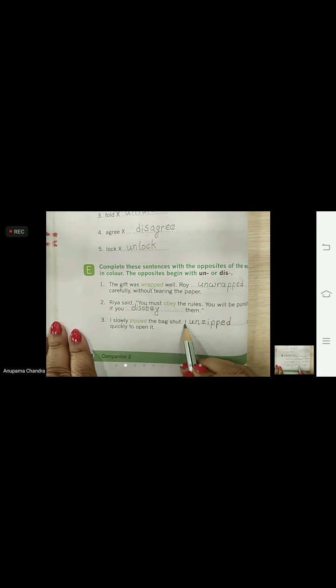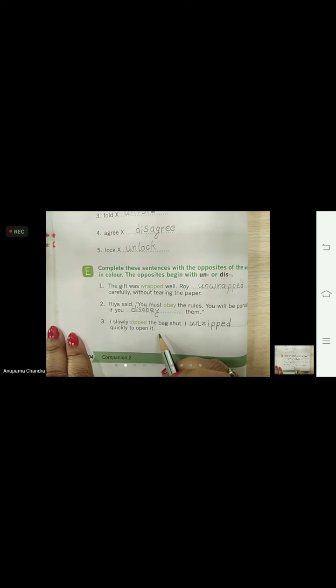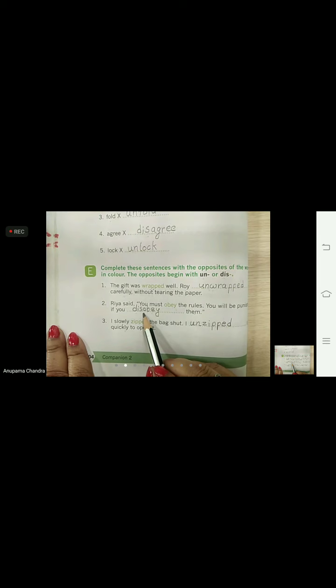And the third one is, I slowly zipped the bag shut. I unzipped it quickly to open it. So here the opposites are wrapped, unwrapped, obey, disobey, zipped, unzipped.